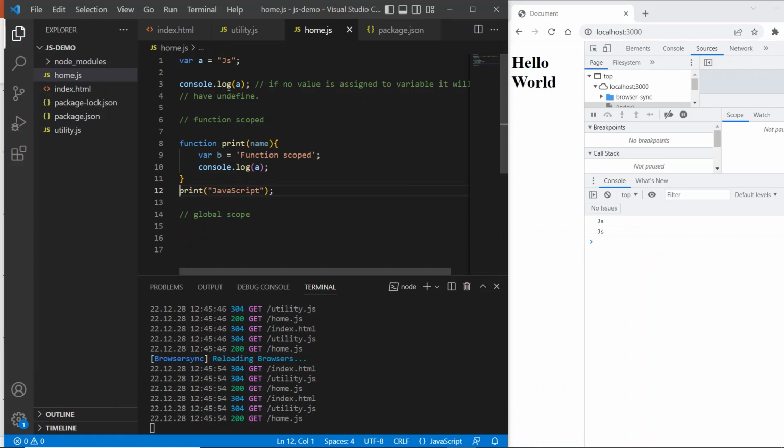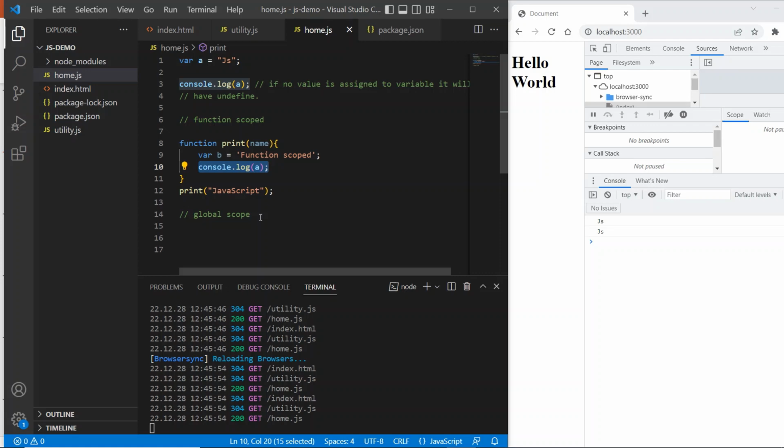So when I try to access this variable on line number 3, I got my output, and if I try to access it inside my function also, I got the output. So a global variable can be accessed anywhere in the program, outside the function and inside the function.